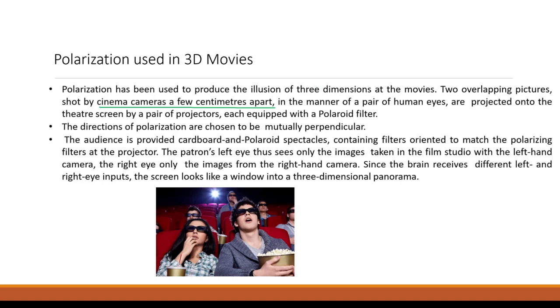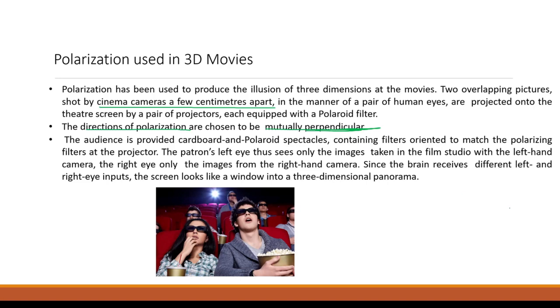The idea is to have the directions of the polarizations in those filters be mutually perpendicular. So when you wear the glasses, they especially have filters matching the ones of the projector,